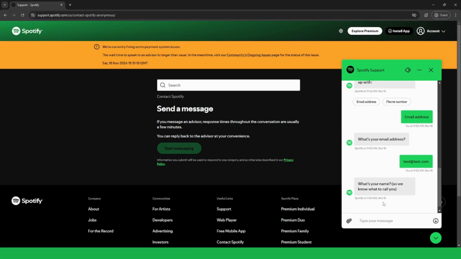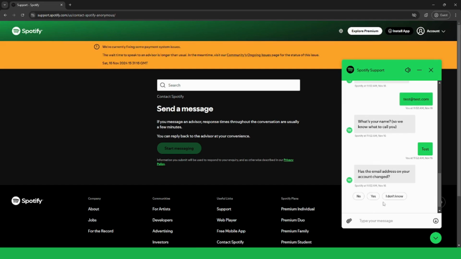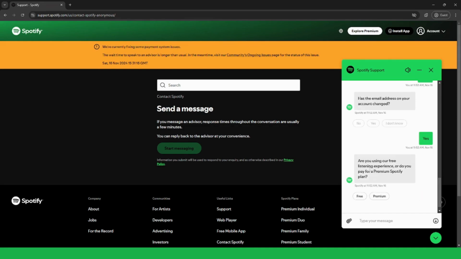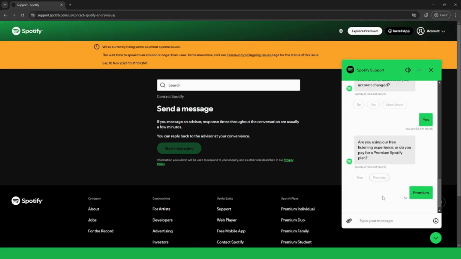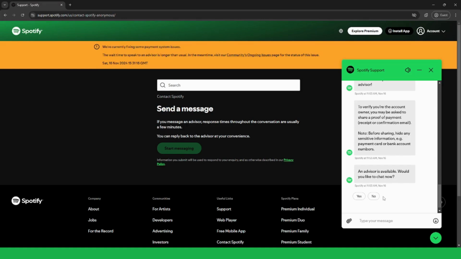And then they will ask for your name. And then it will ask if your email address has been changed and say yes. Then it will ask if you had a free account or a premium account and select premium. It will then connect you with an advisor to